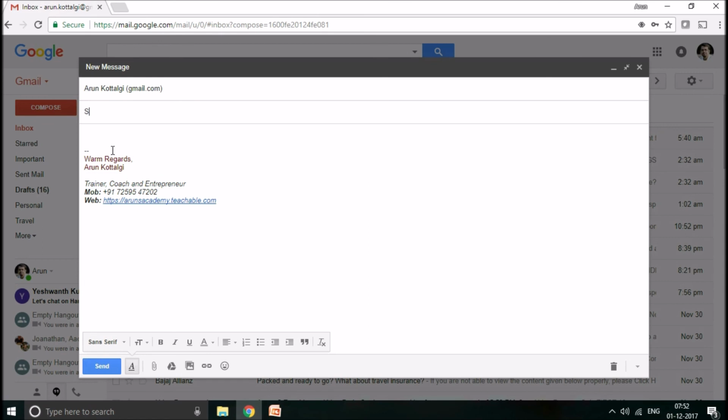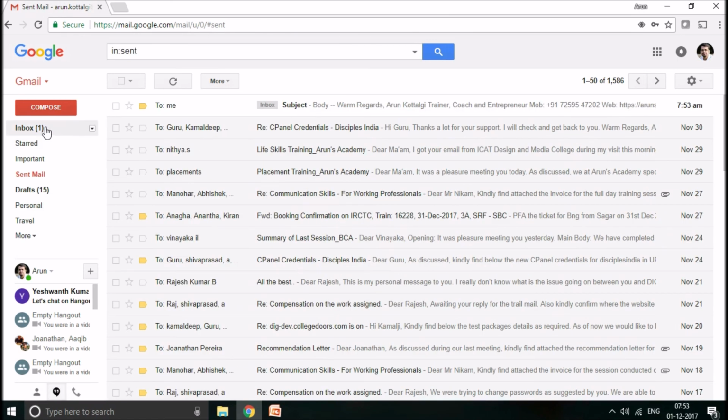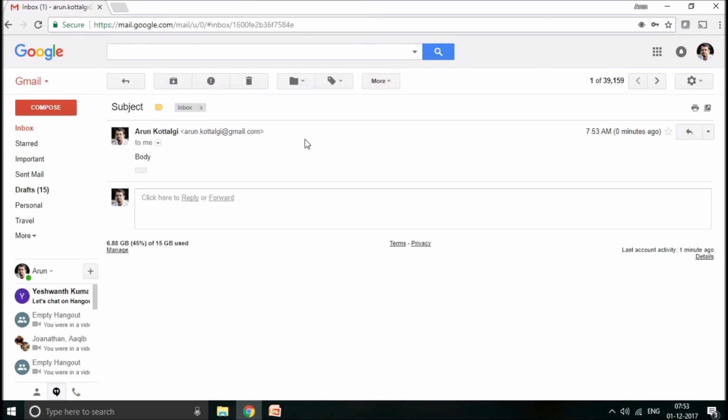So you can also put people in CC and BCC if you want. Type the subject line and the body of the email and send it. What you can see here is called a signature. I have made it a default signature. You can also create the default signature by going to settings. If you click on send, right now it showed in draft and again it went off. What it meant is it was in the draft for some time and finally it was sent. If you click on the sent mail, you can see it there as well as in inbox because it is sent to myself, right? So this is how you send an email.